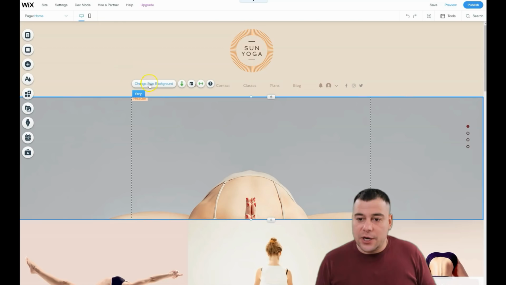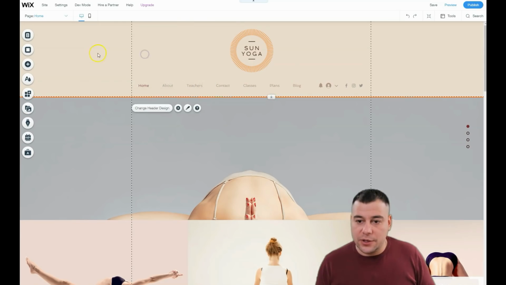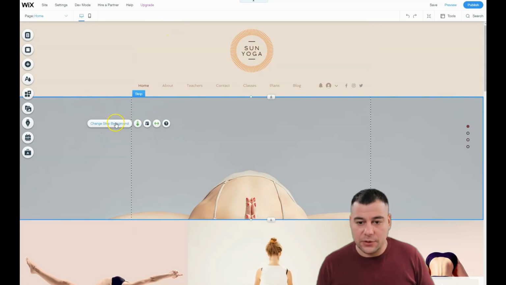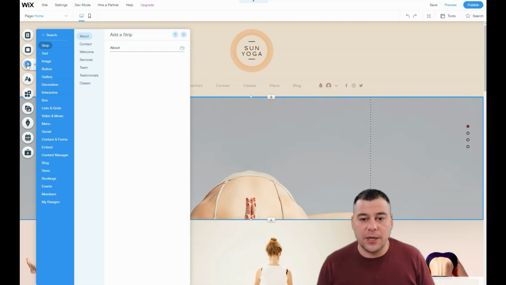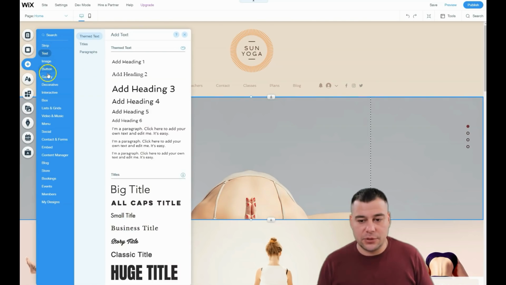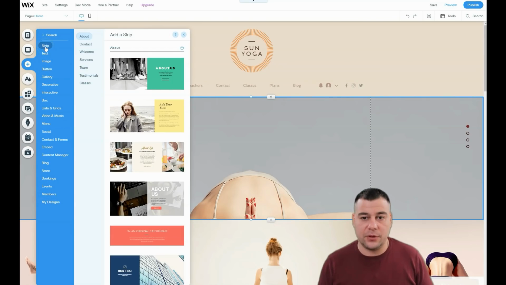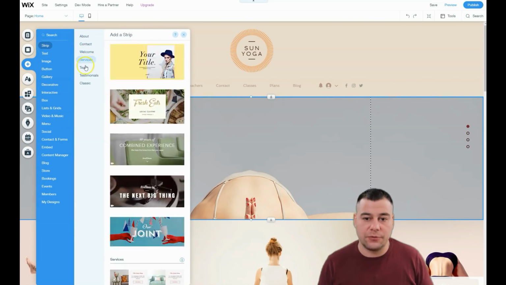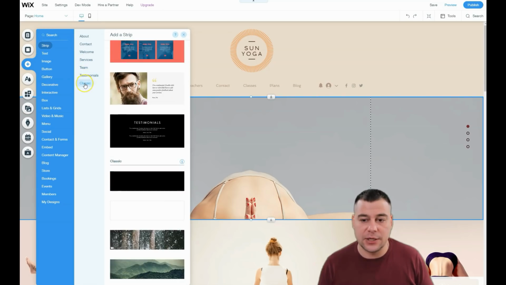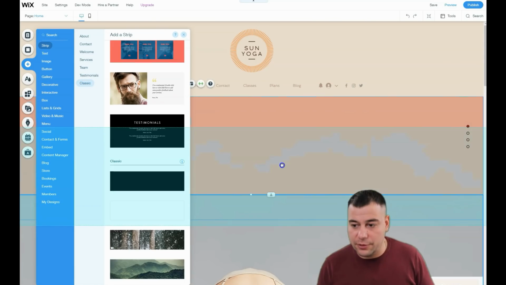We exit the mode. You see that there's a color. This is the header. I showed you what's happening with the header. There's a strip background, but the main thing is how to add some stuff here. With this plus button, you can add tons of tools right here: strip, contact, welcome, service, team, testimonials, and classic. So you can just drag and drop all the things